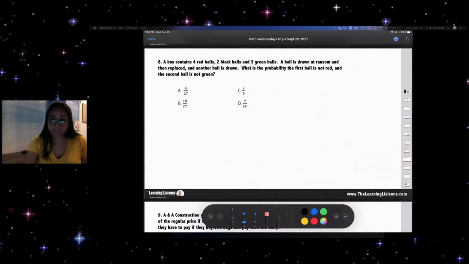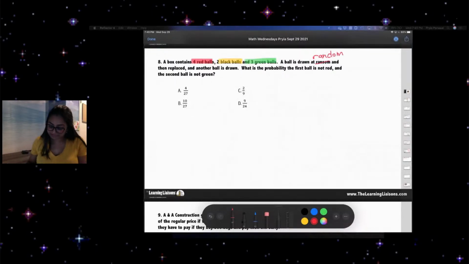We have a box, and the box contains some information that we need. So we have 4 red balls. I'm not going to highlight in black, so I'll just highlight in yellow. 2 black balls and 3 green balls. Okay, so what's up with that? It says a ball is drawn at random. I apologize. So a ball is drawn at random